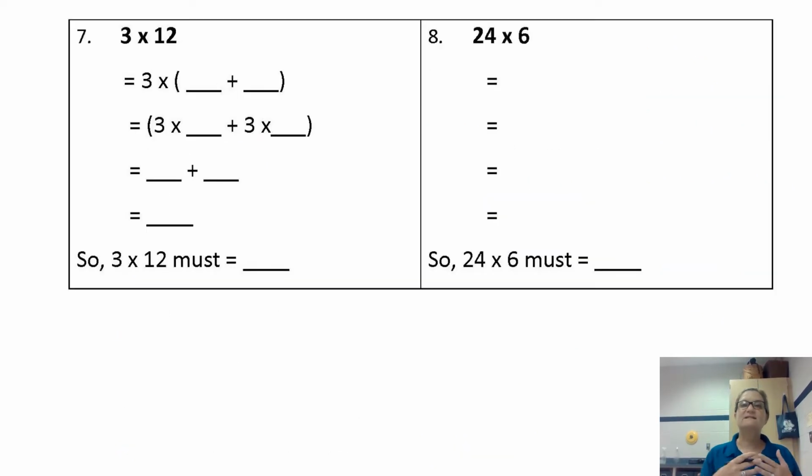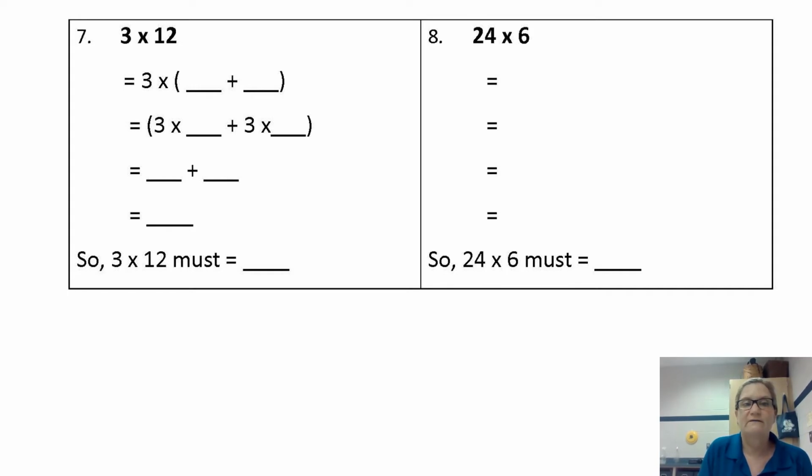All right, so this is the distributive property. On the left, they've given you what we call scaffolding. So we've given you a little bit of help. And then on 8, you're going to do what you did on 7, but we haven't really given you the little brackets and things like that. So for number 7, one answer could be 3